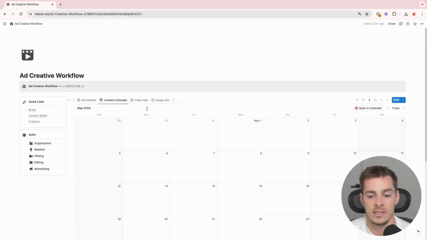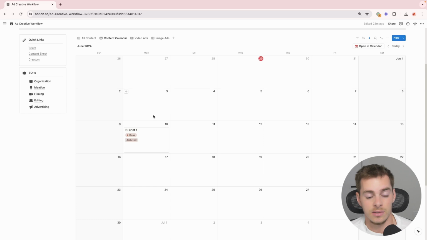And then lastly, we have this content calendar. So you just saw me assign a date for when we wanted to complete these creatives. That's generally what we set the date to. And then if it takes us 1 or 2 weeks to test it, that's totally fine. We just want to be able to look back on, hey, when did we actually finalize these creatives? That way we can plan ahead, right?